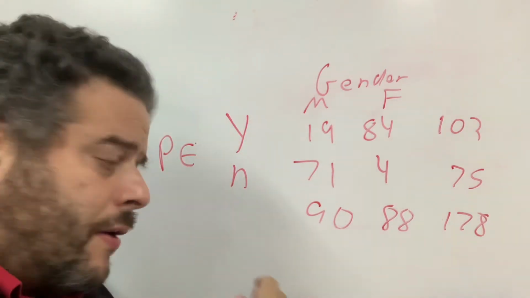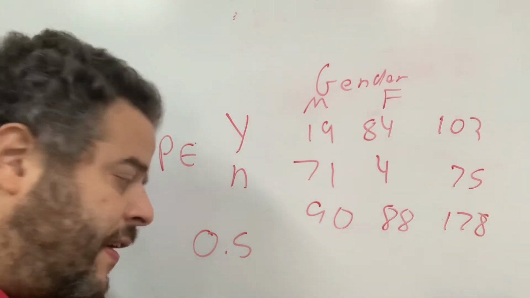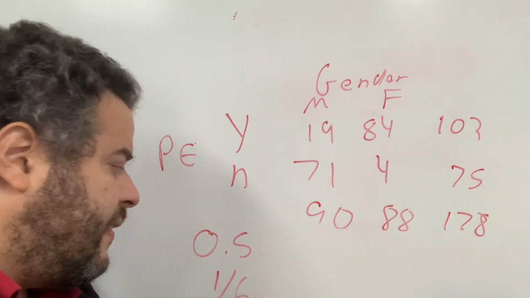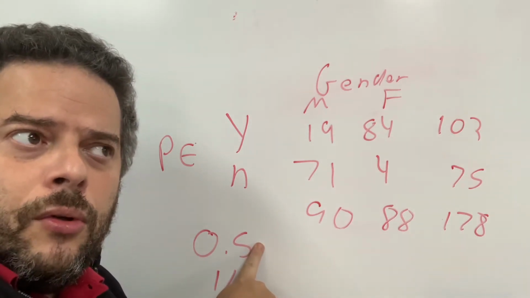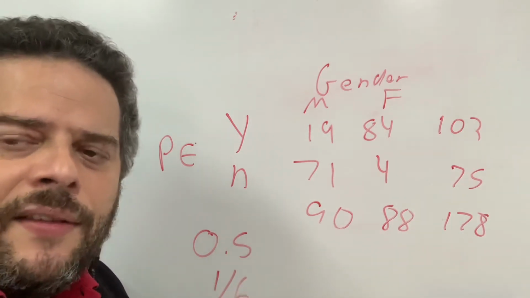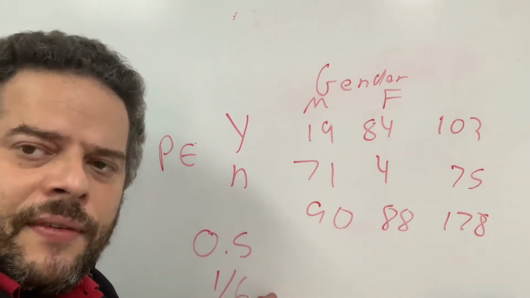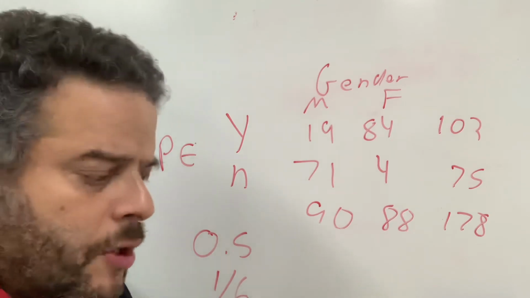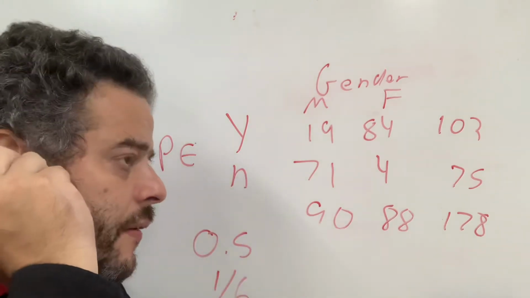So the probability of the first event happening is 0.5, and the probability of the second event happening is 1 in 6. It doesn't matter what happens in the first one; the math will be exactly the same for the second event. It's always going to be 0.5 times this. The first event has absolutely no impact on the second event. But having a pierced ear,